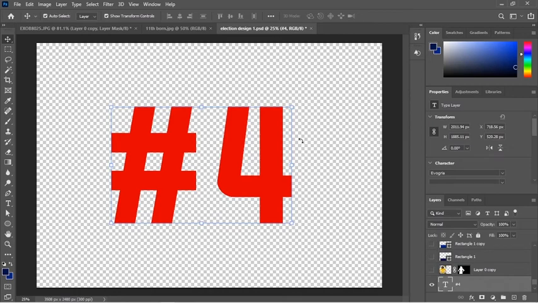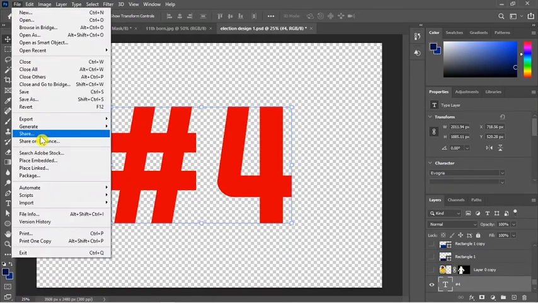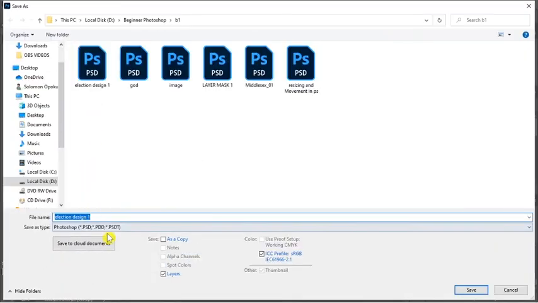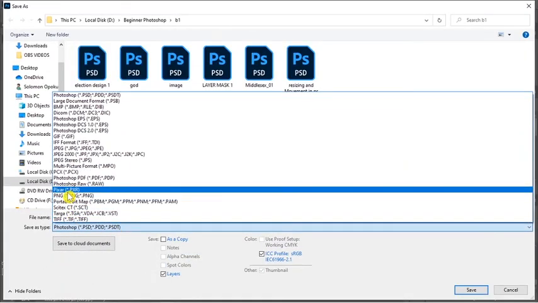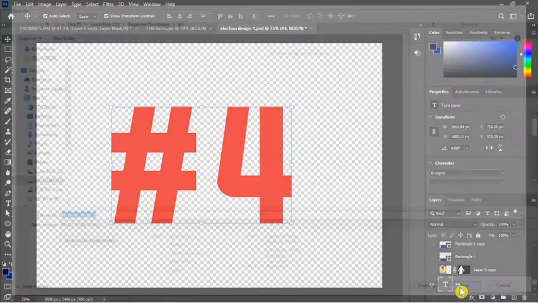So how are you going to save it and get it as you want it? So go to File, Save As, and with this one we are going to choose PNG so that it will preserve the background for us. So let's save and see.